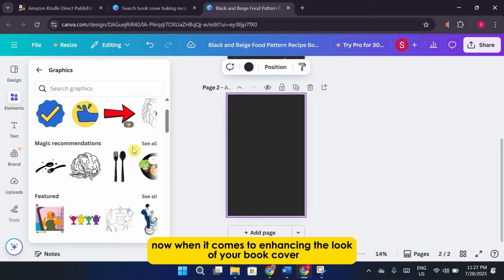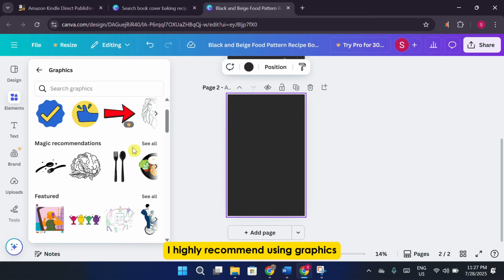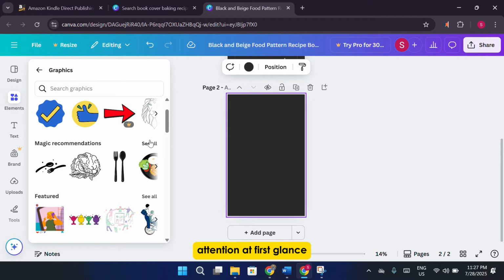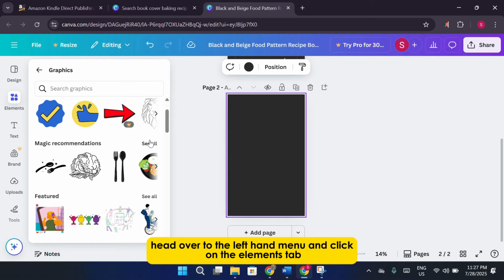Now, when it comes to enhancing the look of your book cover, I highly recommend using graphics. Graphics can really elevate your design and make it visually engaging, especially if you're aiming to catch the reader's attention at first glance. So once you're inside the Canva editor, head over to the left-hand menu and click on the Elements tab. Under this section, you'll find various types of content, but the one you want to focus on is